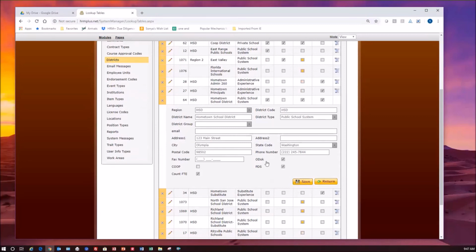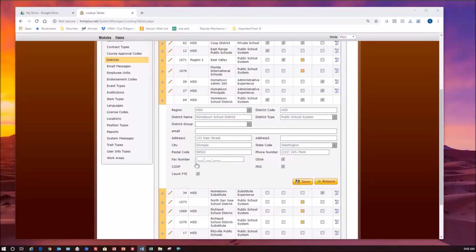So this OD-OK is for professional development, and it's for districts that allow employees to use the professional development system to approve out-of-district courses for which they get paid or otherwise operate. So not very many of you use that, but that's what that's for. And your table on the top of page 7 in your document explains that. PDS means this district is used in the ProDev system. So for all of you that have ProDev, your district is going to have that checked, and it should stay